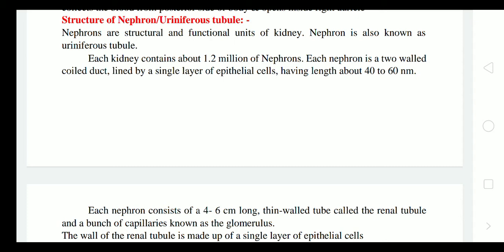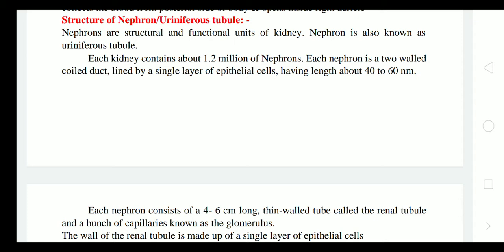Nephrons are structural and functional units of kidney. Structural means the kidney is made up of nephrons, and the kidney performs its function with the help of nephrons only. So nephron is also known as uriniferous tubule. Each kidney consists of about 1.2 million nephrons, and each nephron is a two-walled coiled duct, coiled in shape,